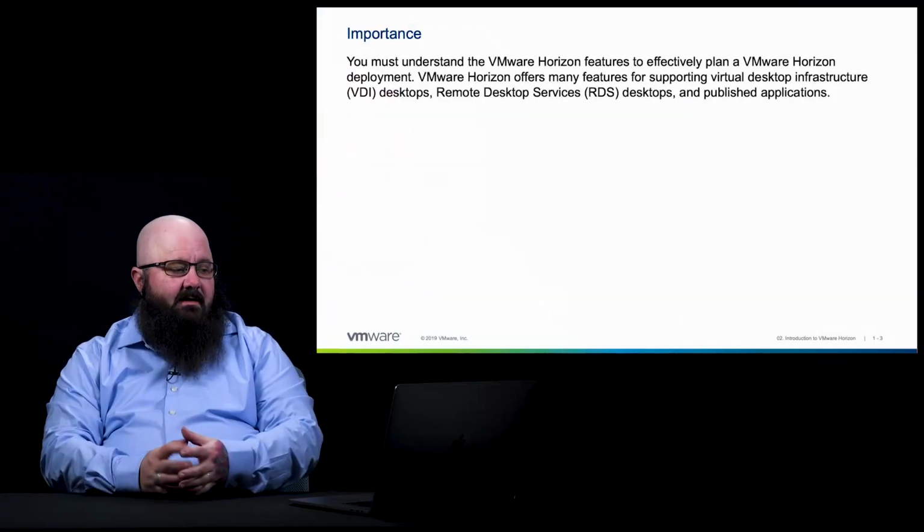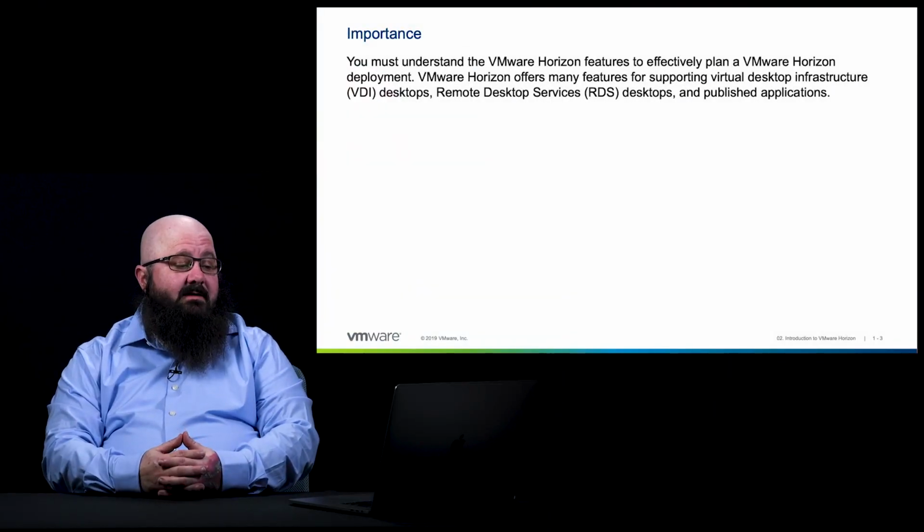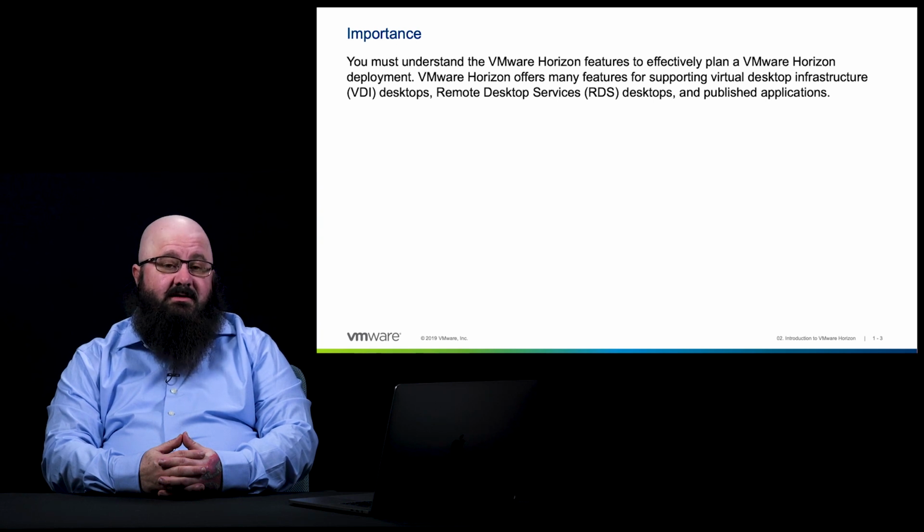Welcome back. In this section, we're going to take a look at an introduction into VMware Horizon 7.7. This particular section will take a look at understanding the importance of planning out a Horizon environment and being aware of some of the features that are part of Horizon, such as the instant clones, remote desktop services, and so